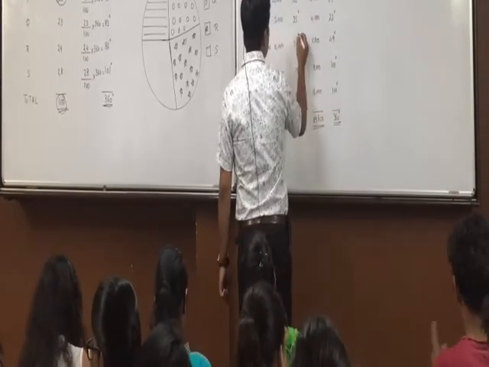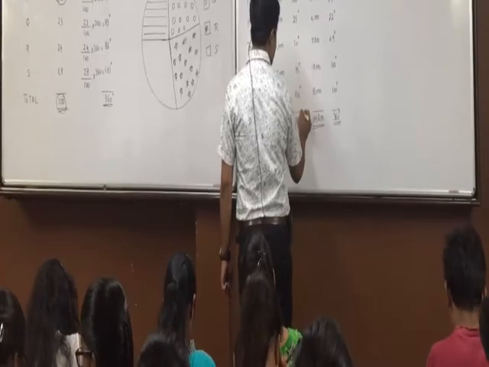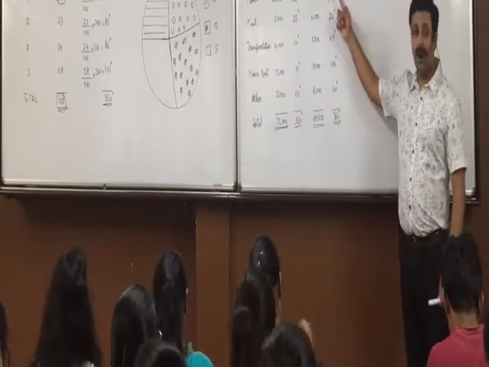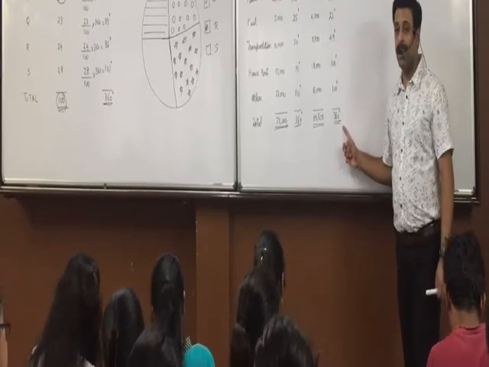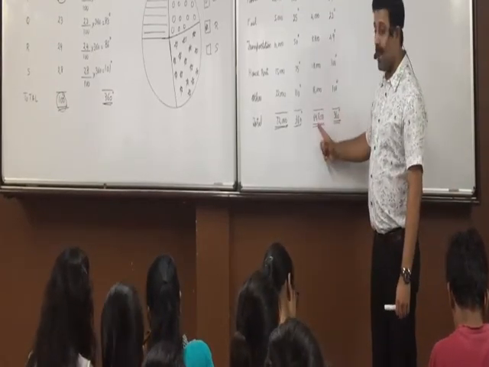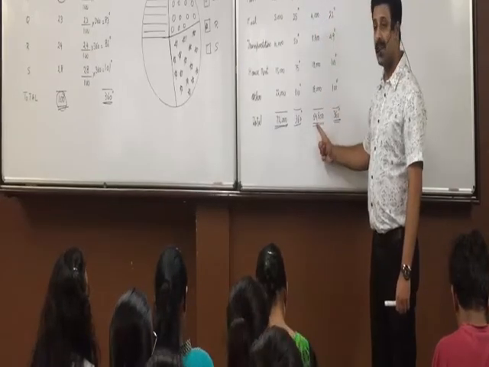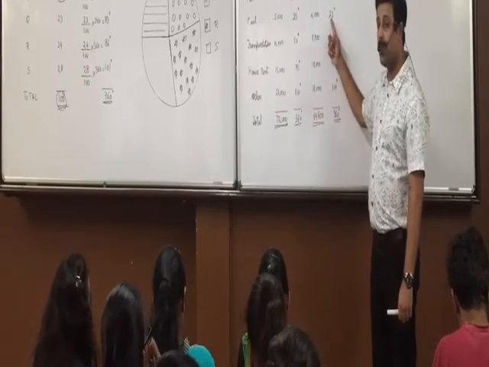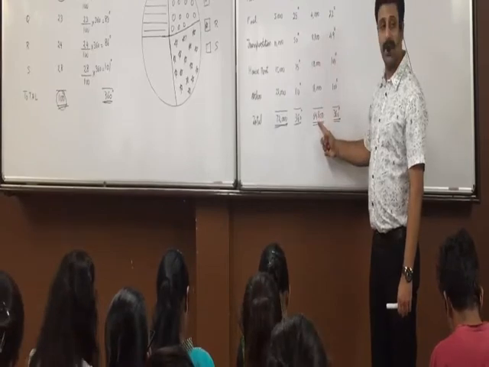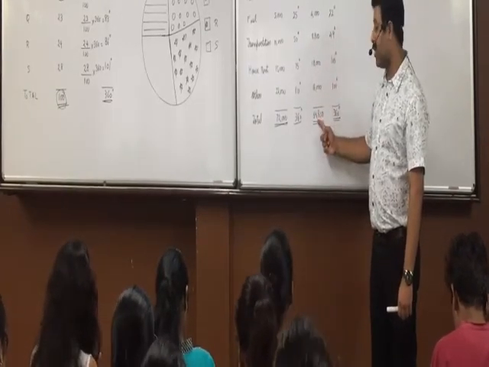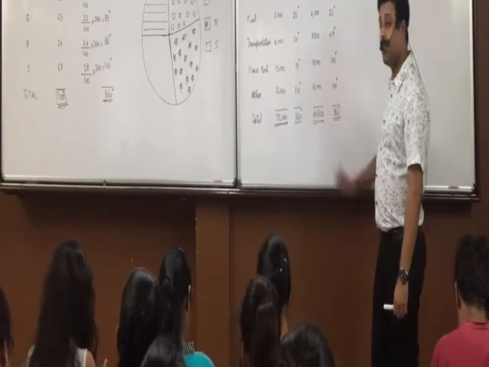Raise your hand who did not understand this. Who is not able to get 89, 22 and so on? 16,000 divided by 64,800 into 360, 89. 4,000 divided by 64,800 into 360, 22. 8,800 divided by 64,800 into 360, 49. 18,000 divided by 64,800 into 360, 100, and this is same.